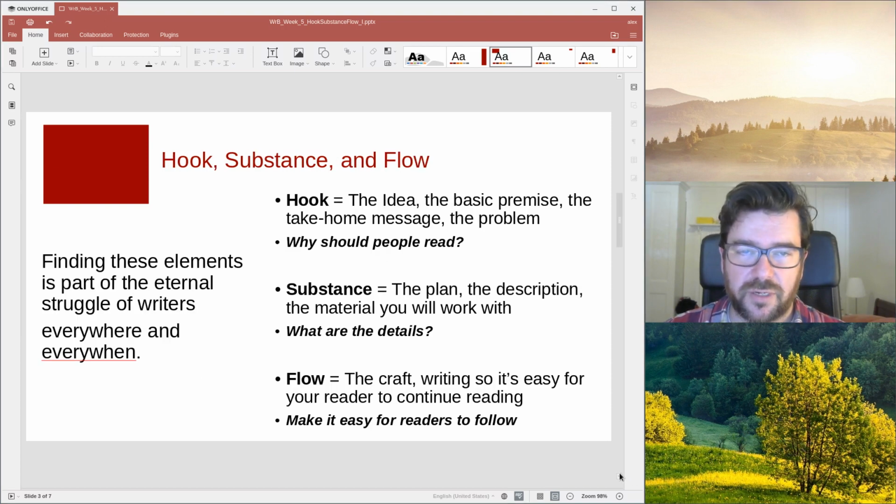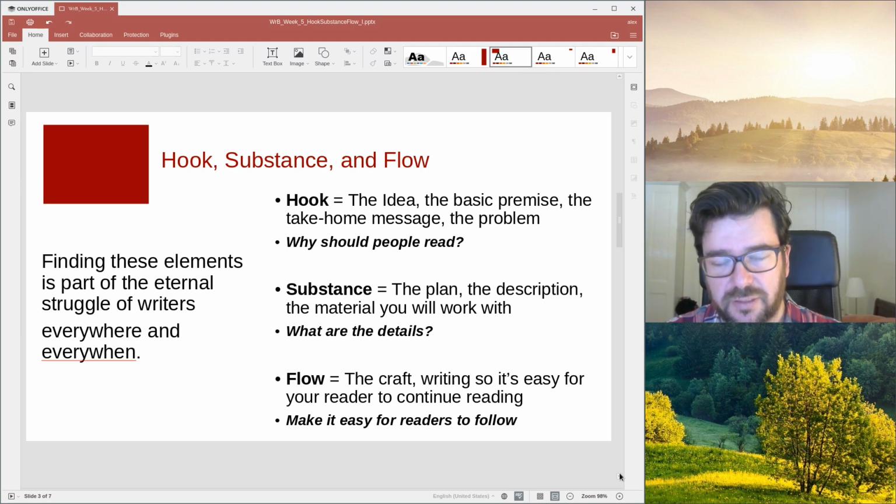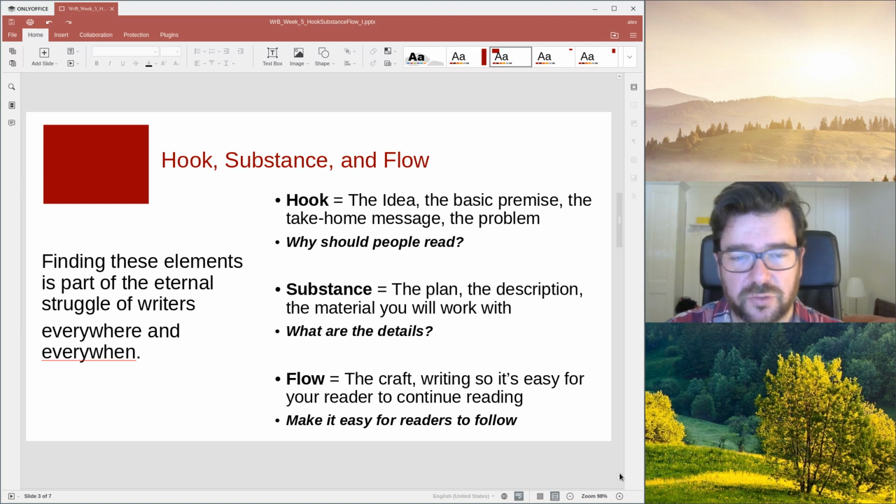So when we think about this, that we being me and Jack and Marina and others who teach with this in the MRes course, when we think about that problem of explaining to an editor and then going on to write a story, it's a kind of threefold problem. It's a problem of what's the hook, the thing that catches people's attention about the story. What's the substance? What's the actual detail that you want to explain? What is the story actually about, rather than some kind of clickbaity title, which we want to avoid, I would say. What's the story actually going to be saying,